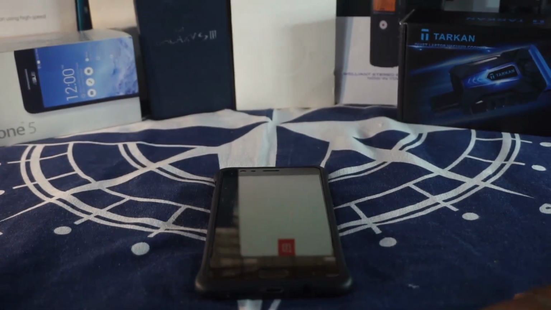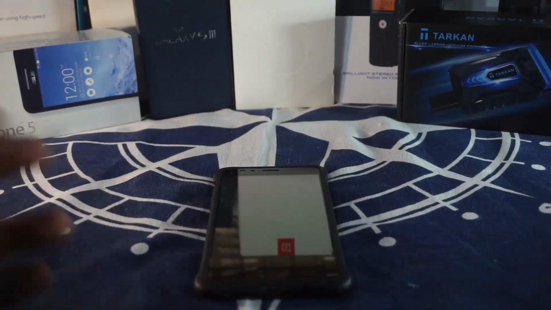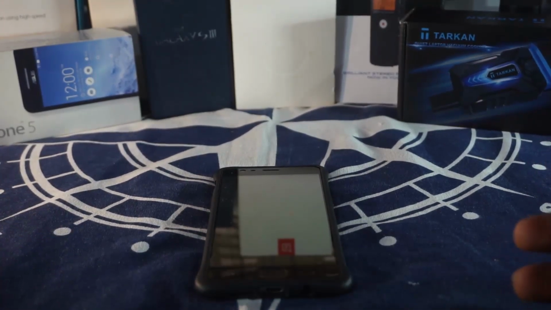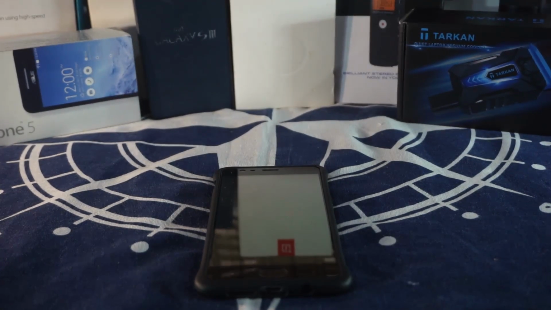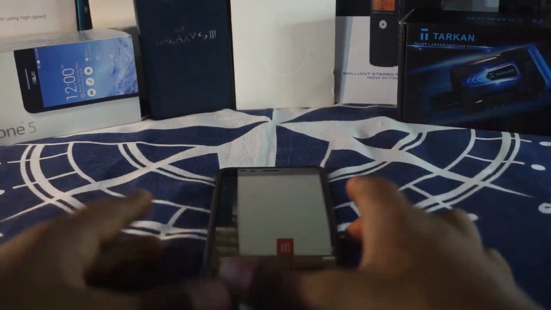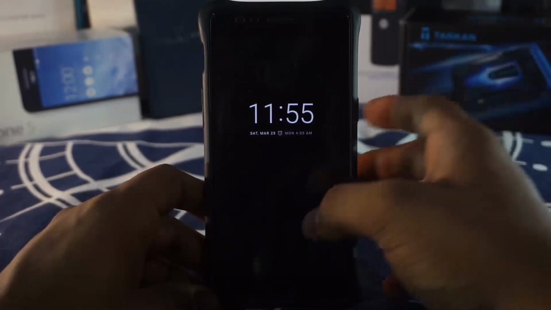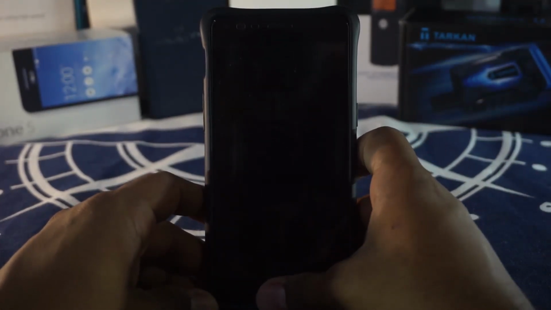So guys, the Vertex ROM, what is this ROM? It is an AOSP based ROM with EAS kernel support, and that is the main important thing about this ROM. Now the EAS kernel used in this ROM is the Zenith kernel, and we first saw Zenith kernel in the